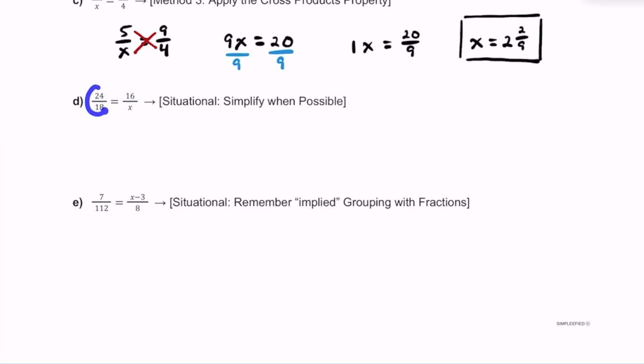So I'm going to take a look at this 24 and 18. I think their GCF is 6. So if you divide these both by 6, notice how that's just going to be 4 to 3 is going to be equal to 16 to x. And you can use whichever method that you want to at this point,